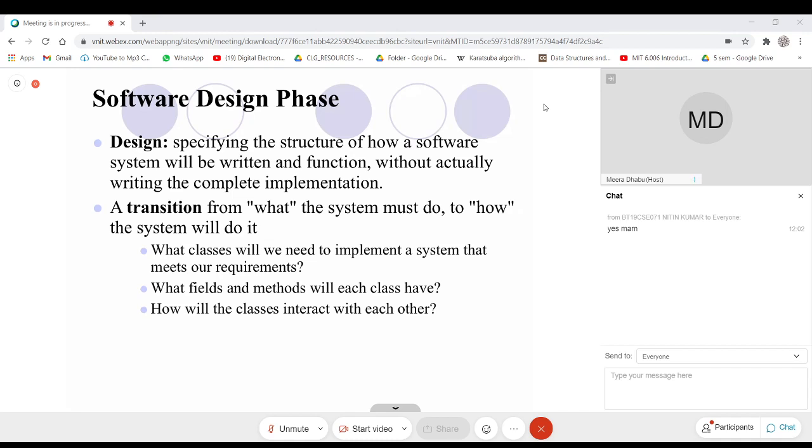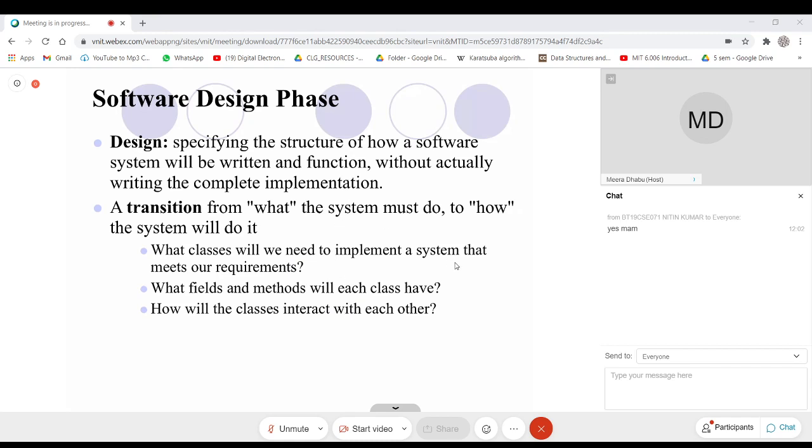Typically the points to consider during the design phase are: what classes we need to implement a system that meets our requirements, which are specified during the requirement analysis phase; how many attributes should be there in that class; how the behavior of that class should be defined with the help of member methods; other than the member methods, what different non-member functions will be required; what kind of interaction should be there between two classes; how the classes will interact with each other.